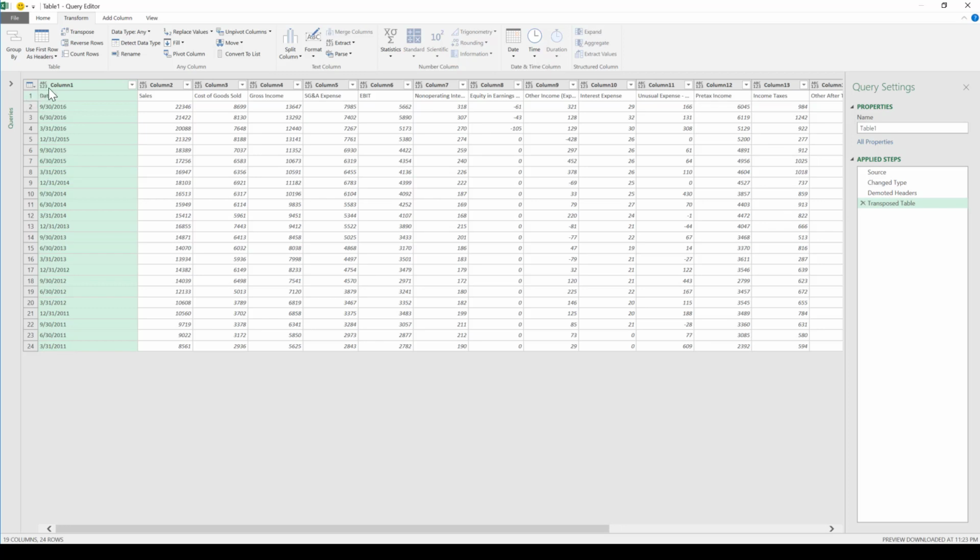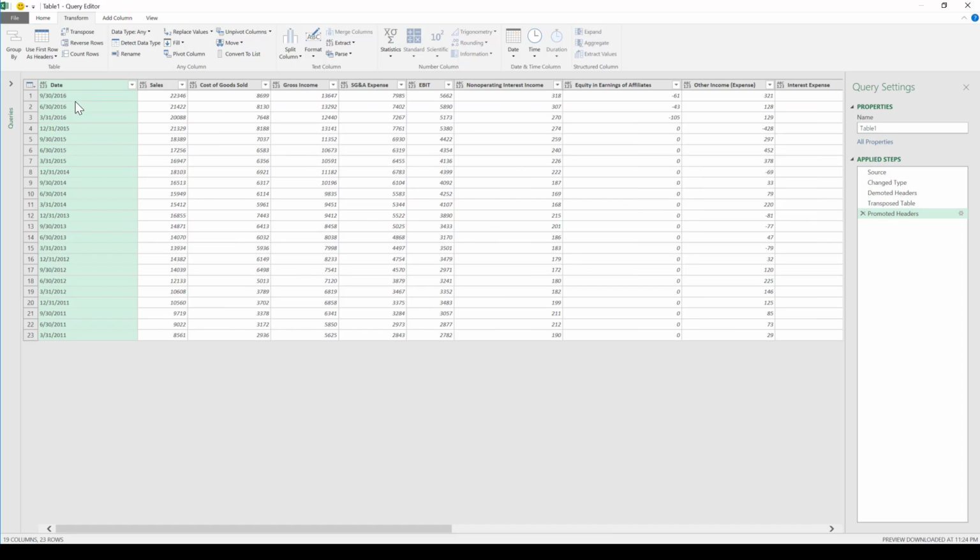So here, to get rid of the dummy headings, you go back to Use First Row as Headers, and now click Use First Row as Headers. And the dummy heading has just...